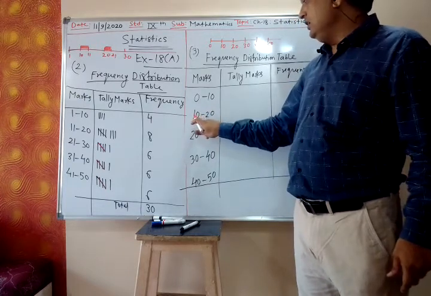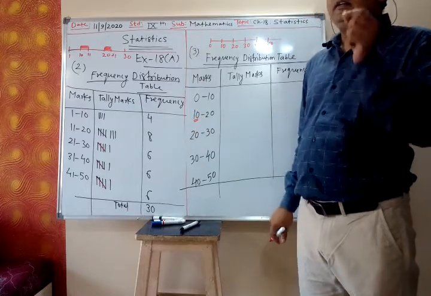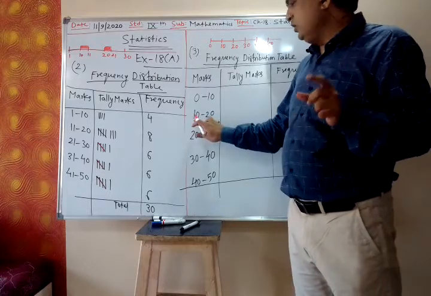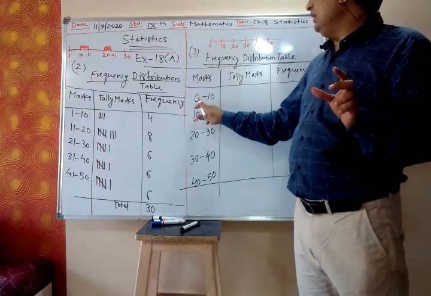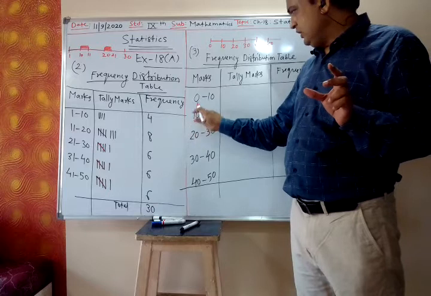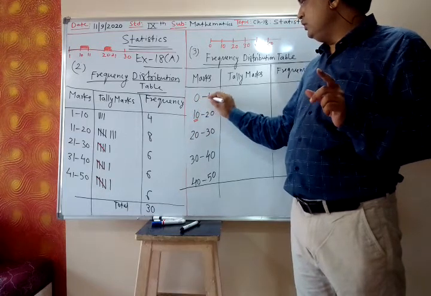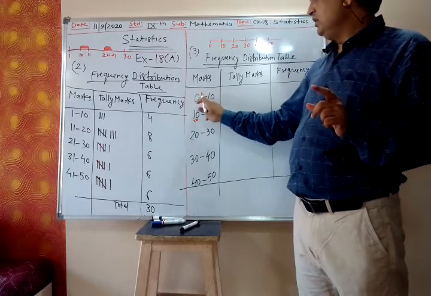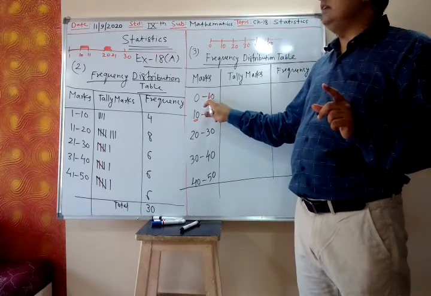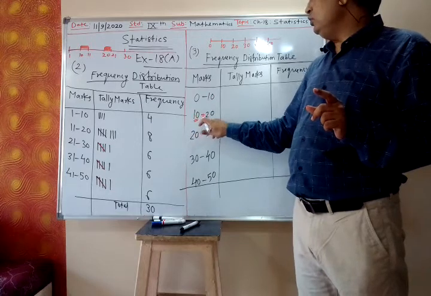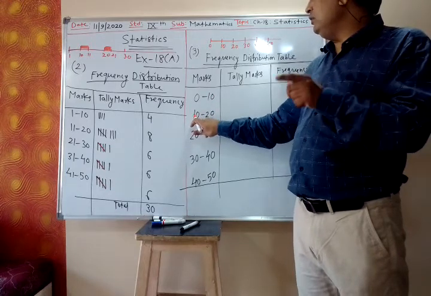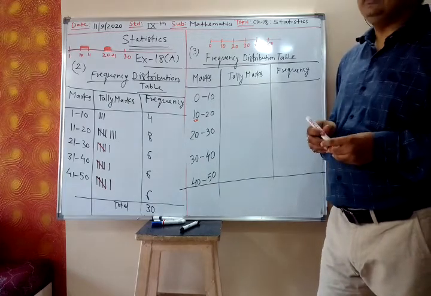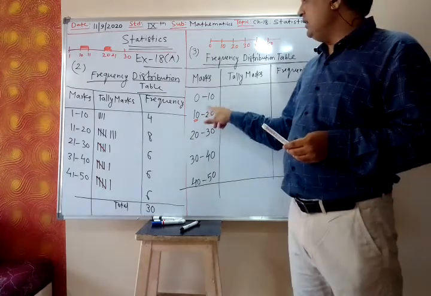Yes, no, in 10 to 20 I will take, see here, no, see here. For 0 to 10, I will write the number from 0 to 9. Remember, 0 to 9 I will write in this. Then for 10 to 20 I will write the numbers from 10 to 19. Are you getting it? 10 to 19. 10, 10, they are the same.